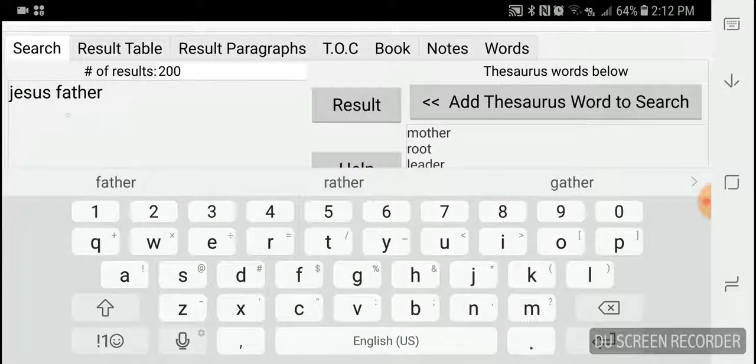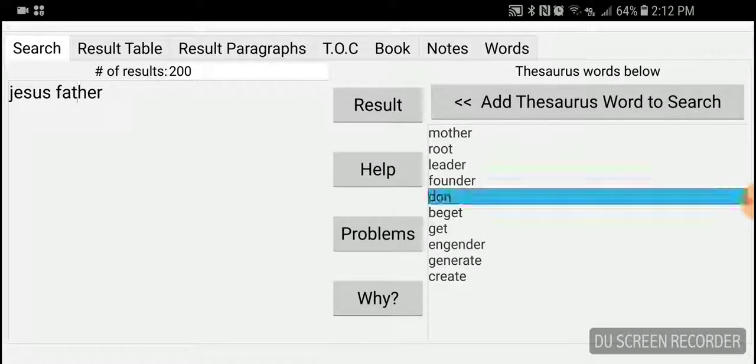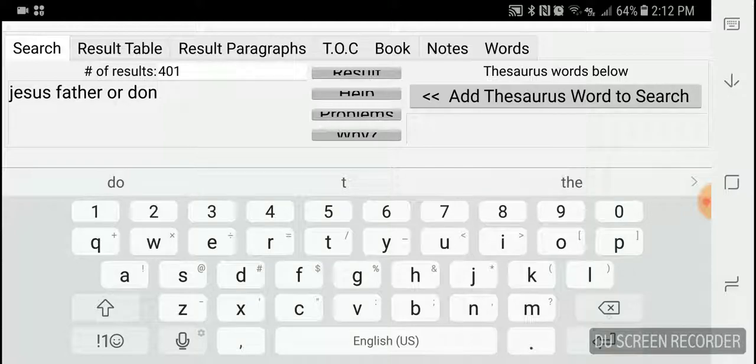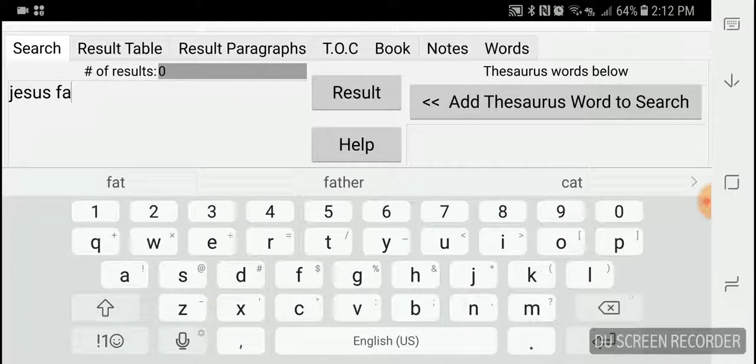Jesus is prophet, and when you click on father, you'll see that it reopens the thesaurus, and you can add that as an "or," so you can pick every paragraph that has Jesus in it, father or Don, and Don actually appears in the book, so